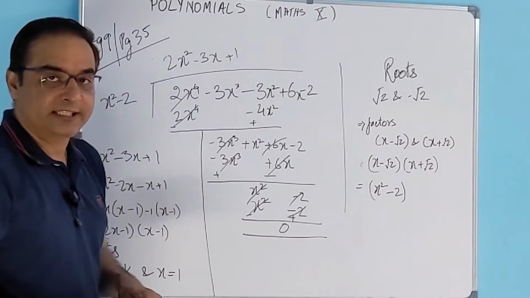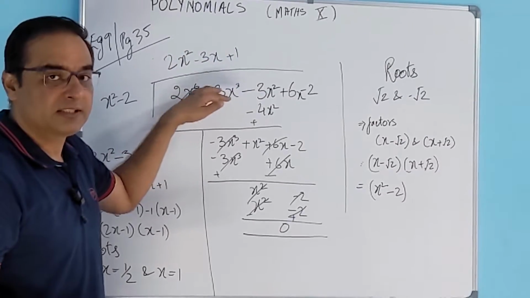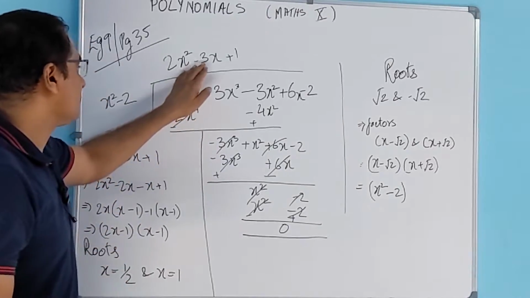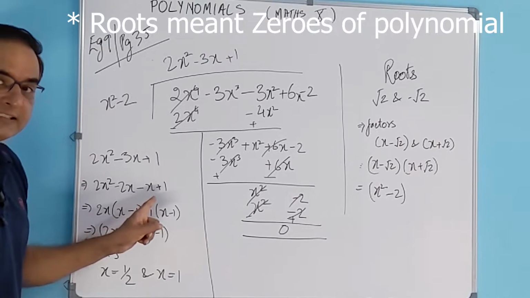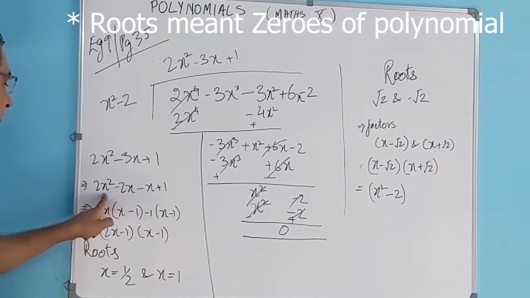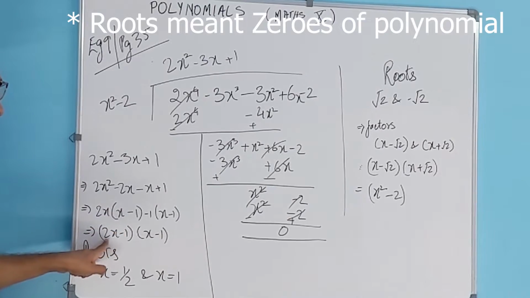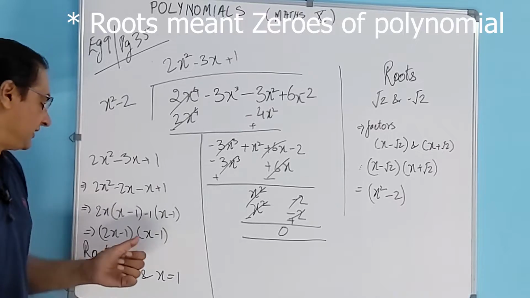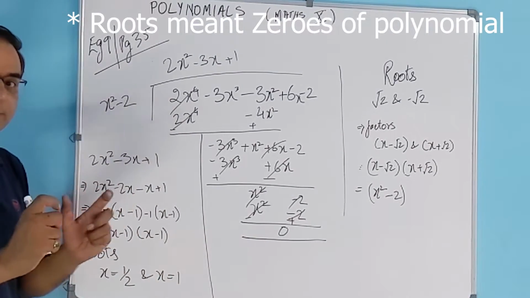This is again a quadratic equation. This should have 2 more roots. Remember, this will have 4 roots, 2 are here, and then this quotient should have 2 more. So what do we do with this quotient? We write it here. We factorize this by splitting the middle term, 2x square minus 2x minus x plus 1. Then we get these two factors, 2x minus 1 and x minus 1. Now, when we have factors, we equate them to 0 and find out the value of x, and those become the zeros.